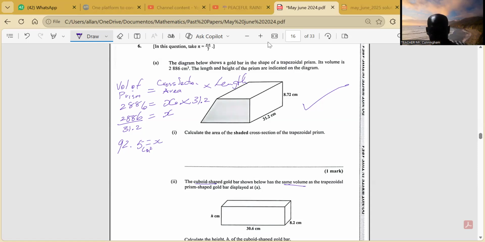So for that second part, all this on 1 mark. Anyhow, so volume of a cuboid is equal to length by breadth by height. We know the volume, which is